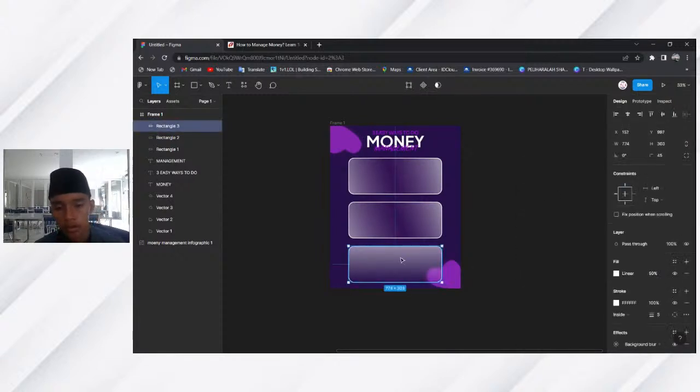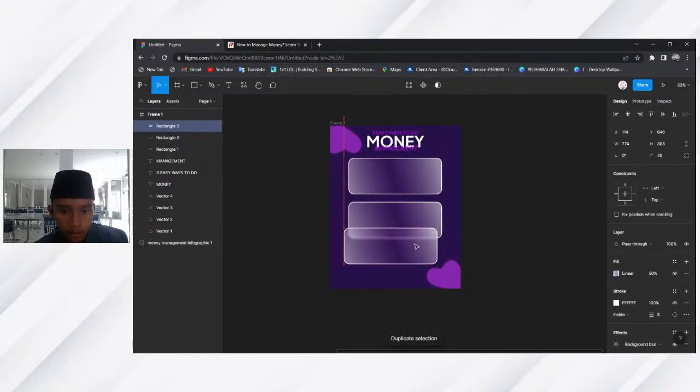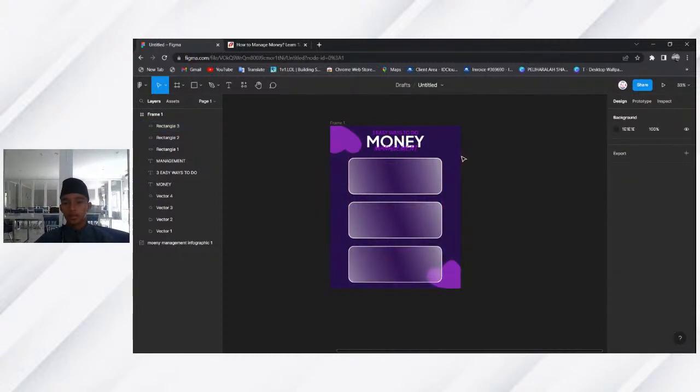Or if you think that it's boring, you can delete the rectangle before and just do Control D. And there you go. You have three exactly same rectangles.